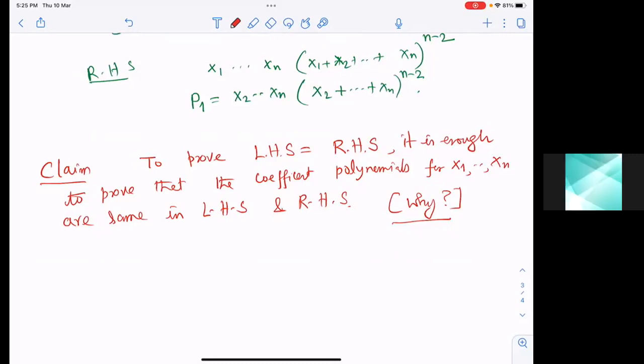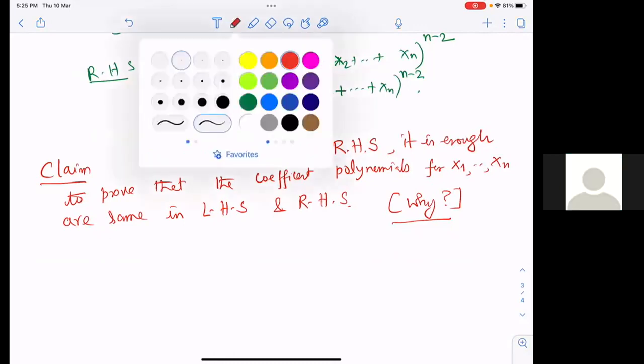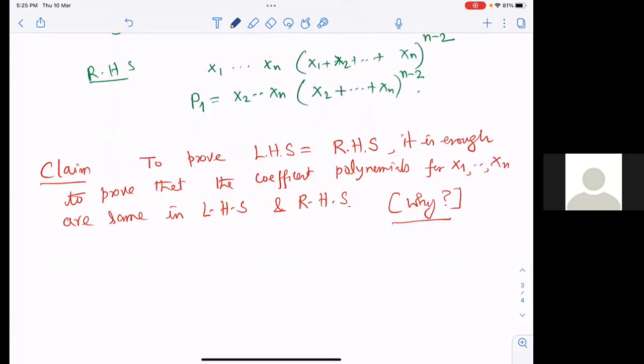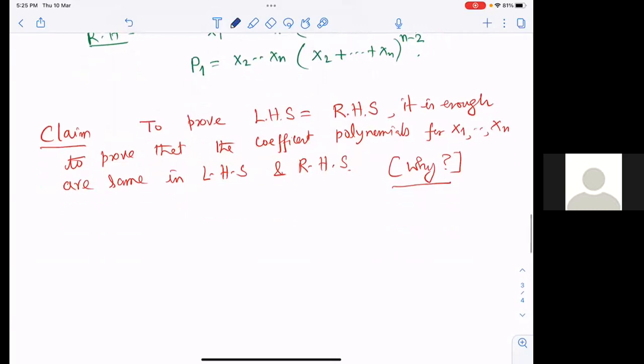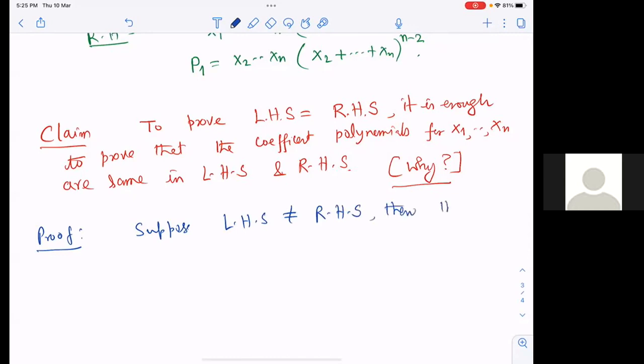I think I understand now. Actually, if you just sit back, relax, and think about it for a moment, it's very easy. And the argument is the following. Suppose LHS is not equal to RHS. Then there exists a monomial